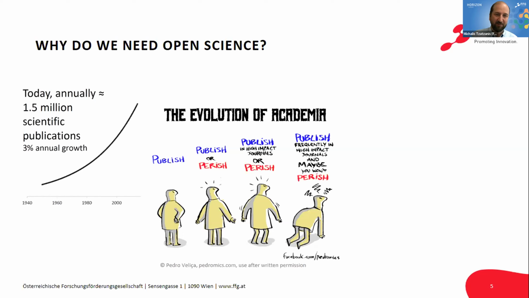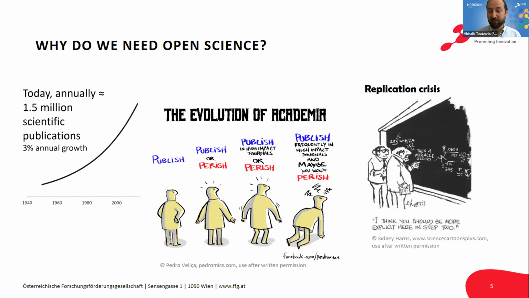So we have this unfortunate situation where anything in research is only valued according to the impact factor of your publication list, and nothing else matters. But of course, we have a replication crisis. We have many research projects and many publications that cannot be replicated. Nobody can come up with the same results using the same methods. And yeah, there's a miracle that occurs somewhere in the process, and then you get to your results.